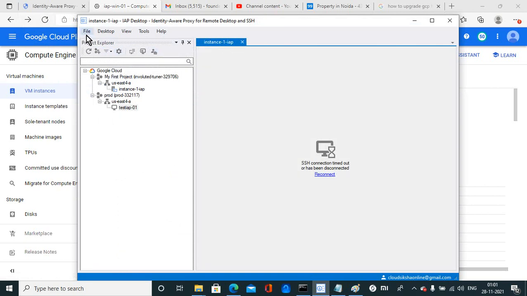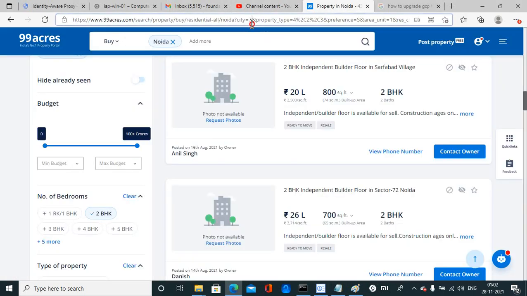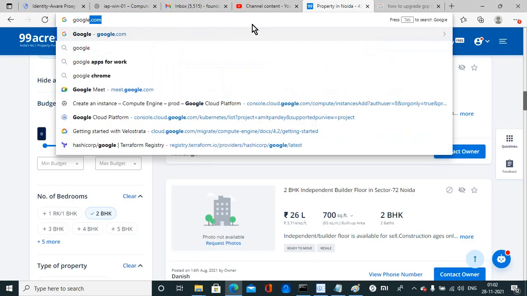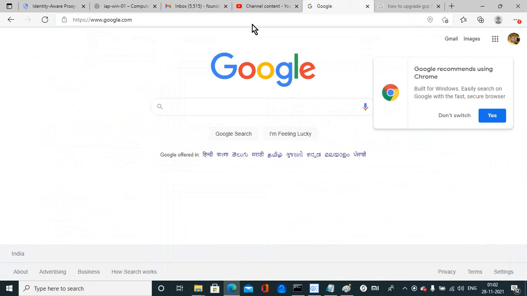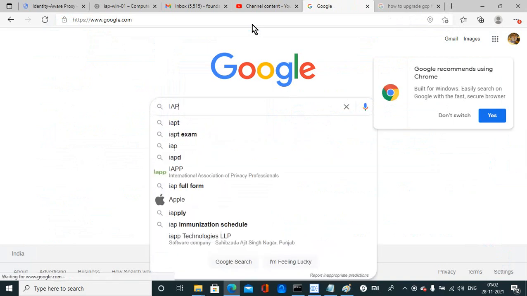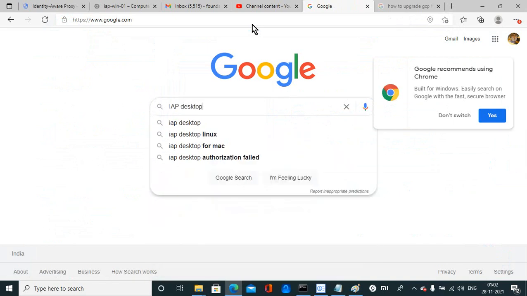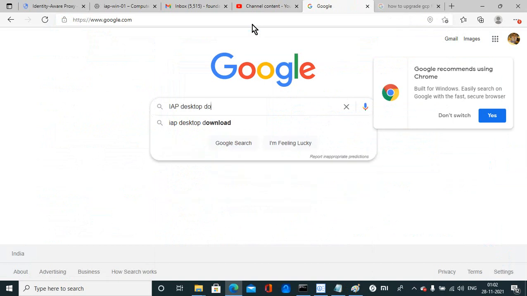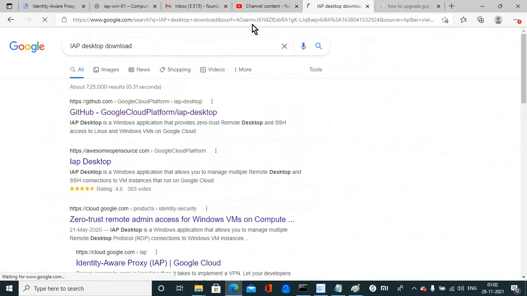Once you have configured the IAP, then you need to download the IAP Desktop. You can search it from google.com or from anywhere, like I'm showing you, IAP Desktop download.